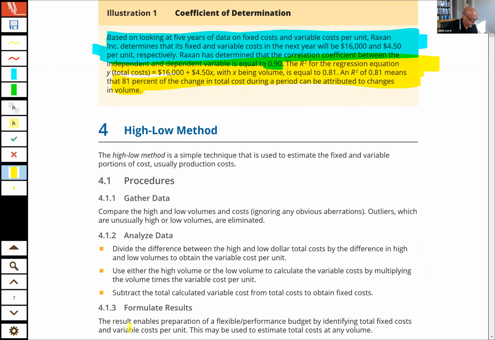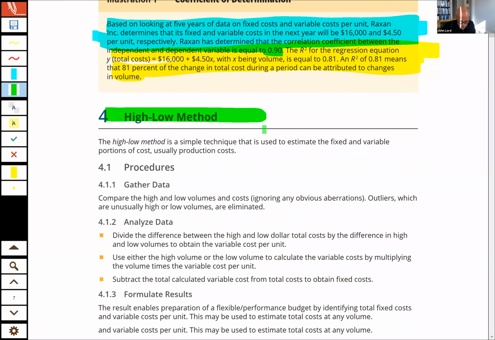Okay, question? All right, good. Let's go ahead then and look at this high-low method. Now, here's what the high-low method is. The high-low method is something you can use in accounting,